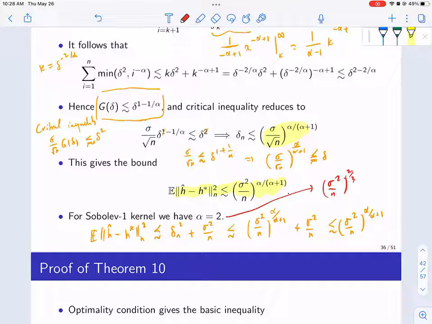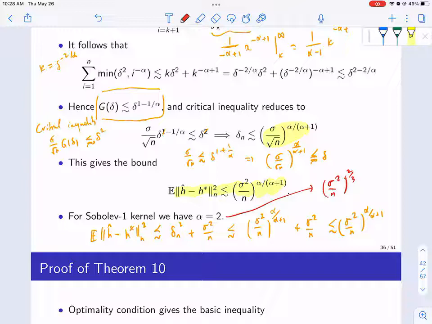You can imagine as n grows, in order to make the error reduce by half, you have to pay a lot more samples, right? Asymptotically, you can see multiplying by, let's say, 10 reduces the error by 1 over 10, but here it would be 1 over 10 to the 2 over 3rd, which is smaller. So you need a lot more samples to be able to estimate a generic function in the ball of the